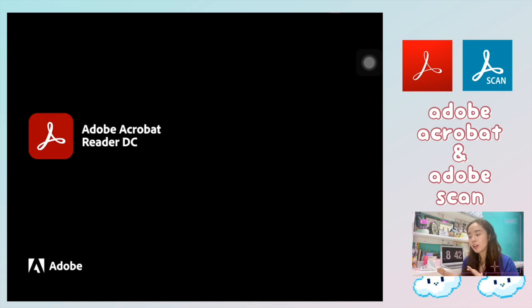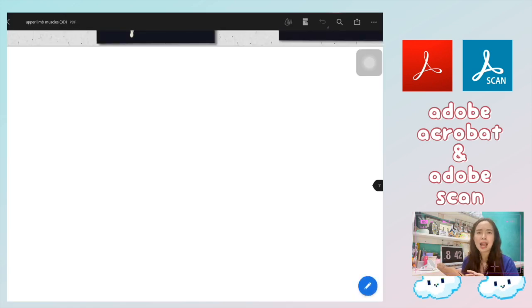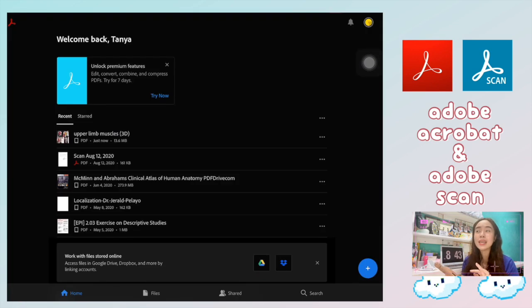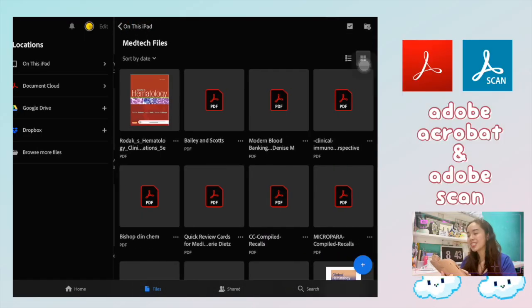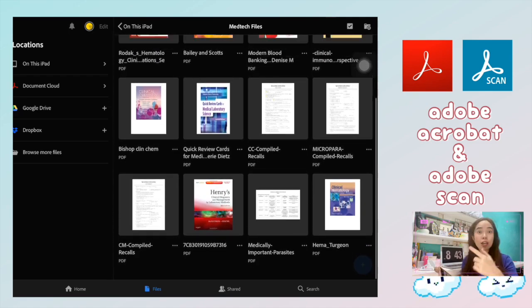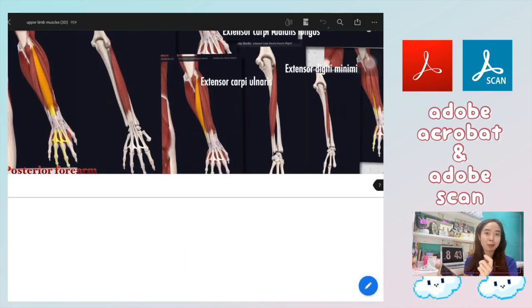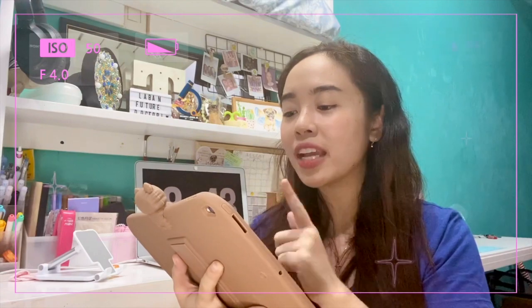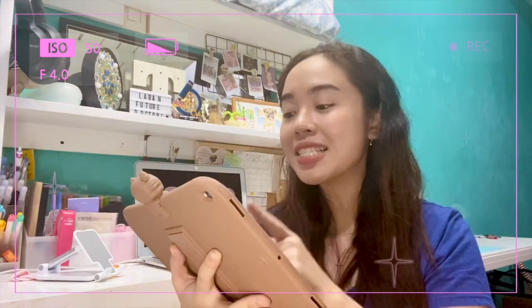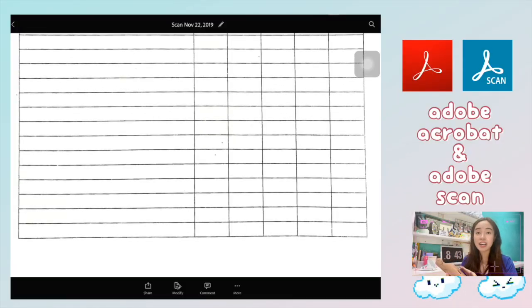Next is the Adobe Acrobat and the Adobe Scan. Basta, Adobe, Acrobat, and Scan. So, this is what I used before when I still didn't have the Apple Pencil. Yung clinical anatomy picture ko yun, ginamit ko Adobe Acrobat lang. This is what I talked about sa previous video ko. This is the app wherein I don't need a scanner from my printer because pwede siyang colored and pwede siya